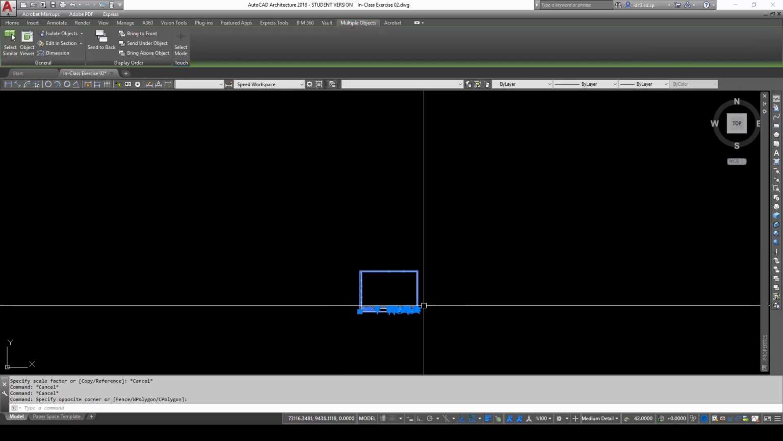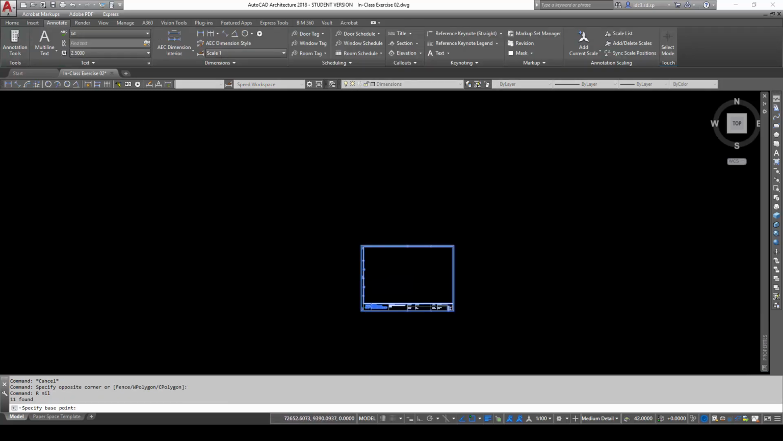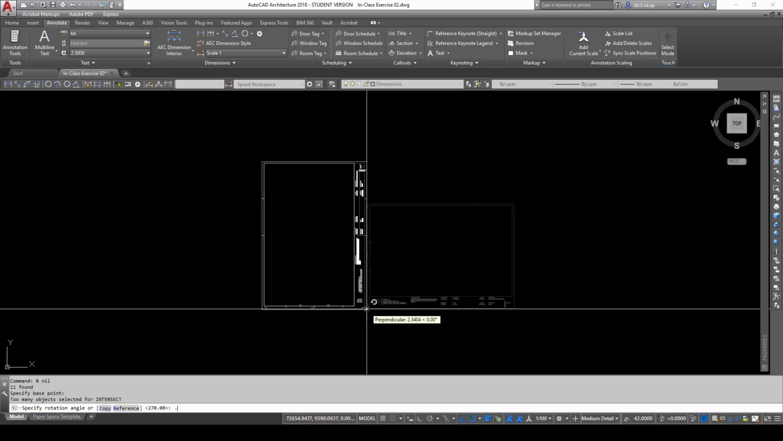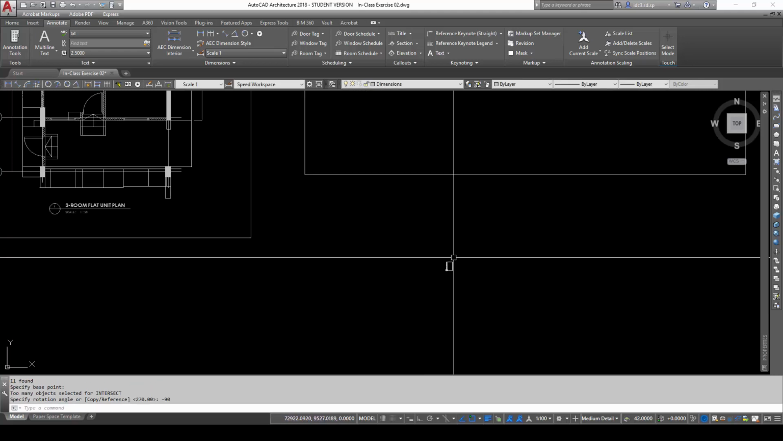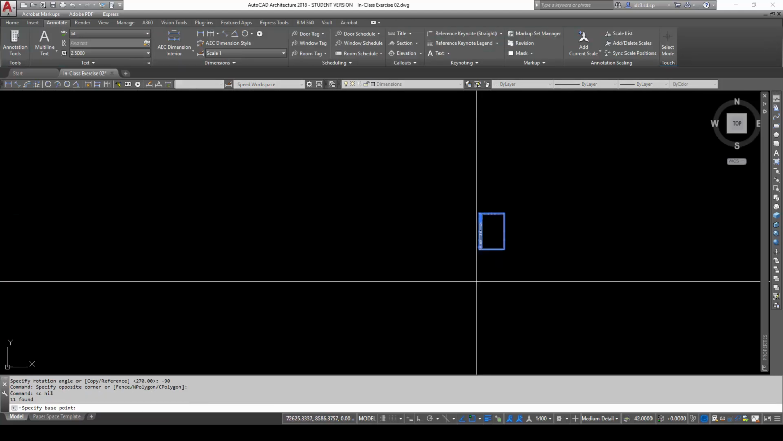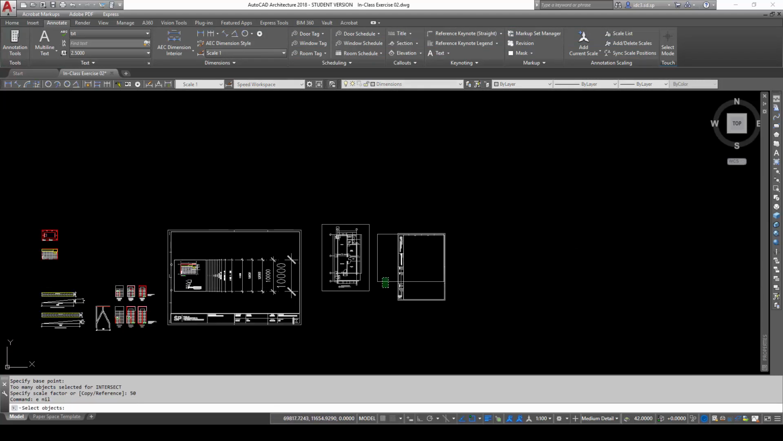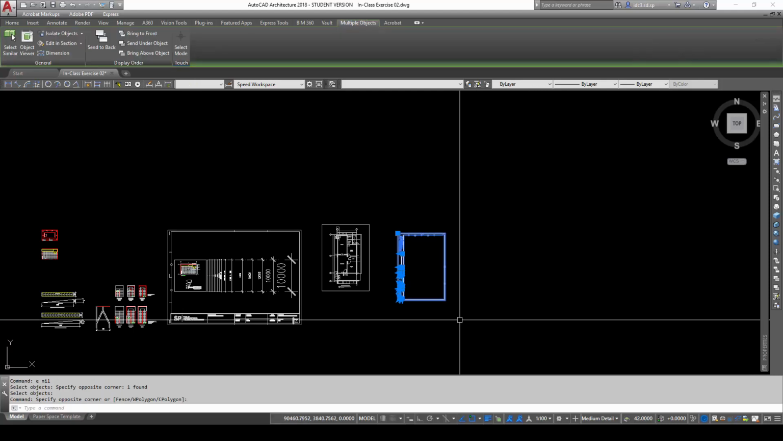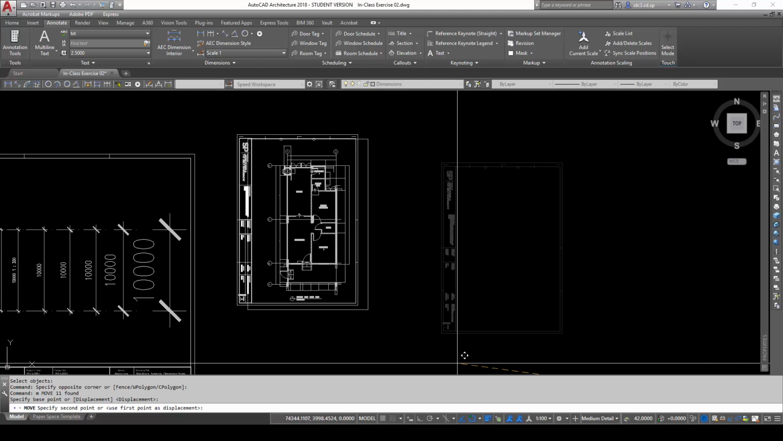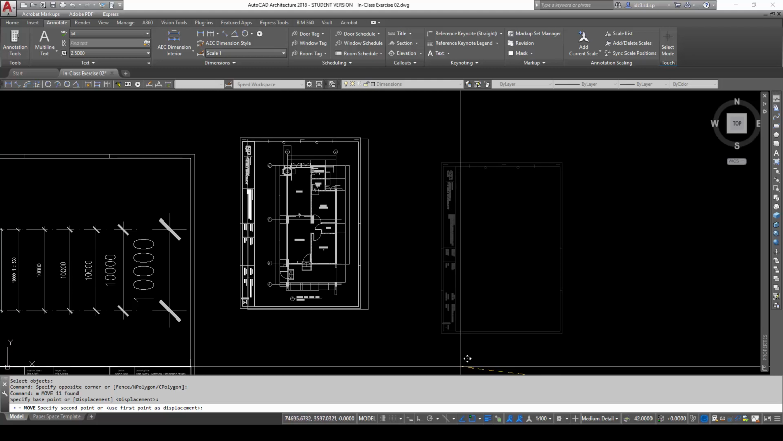Let's do this again. Okay, I'm going to use the rotate command and point, and then the rotation angle will be minus 90 so that it rotates clockwise. And then we can scale it up 50 times this way. And we should be able to fit this title block in quite nicely here,